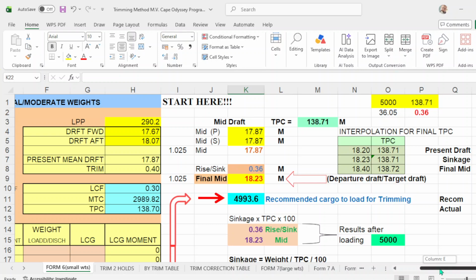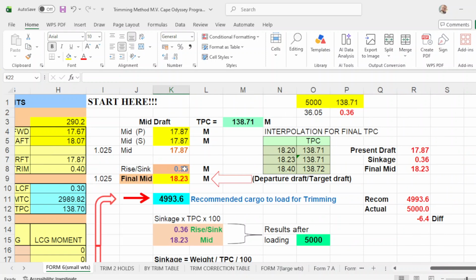Okay. So your present mid drop is 17.87, plus your sinkage of 36, and your final mid will be 18.23. So that is a difference of only negative 6.4 metric tons. So the recommended is 4993.6, and the actual load is 5,000.